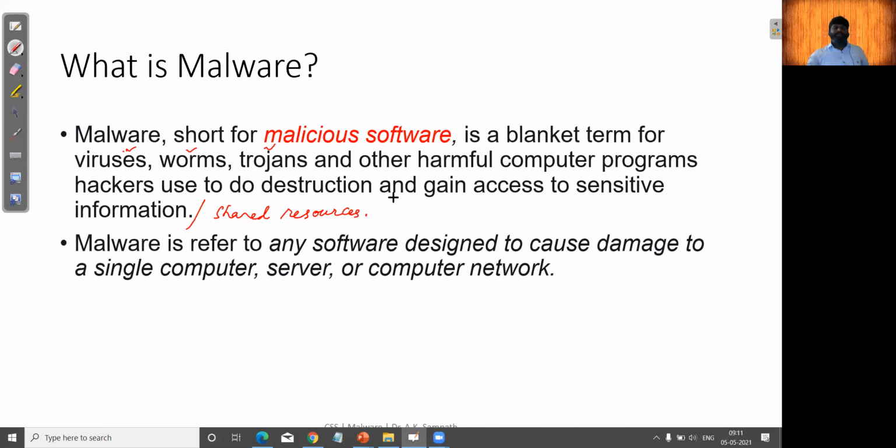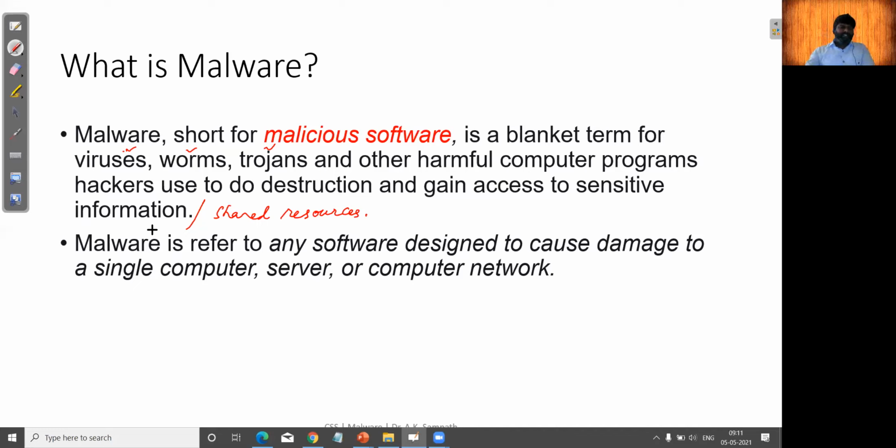Those resources can be a computer, a database, a server, or any information stored inside the database or server, or maybe the web pages.